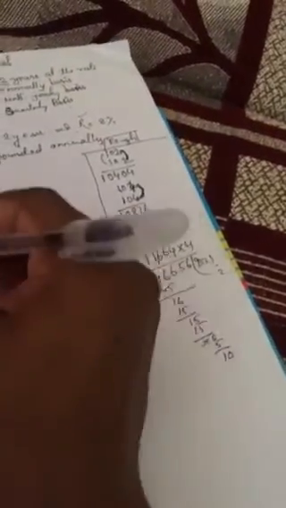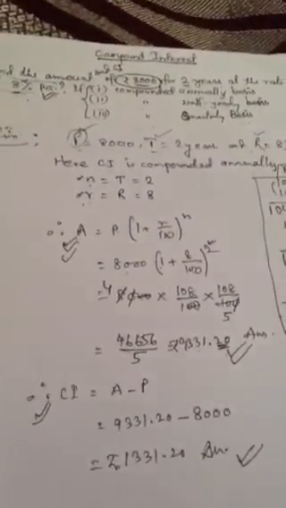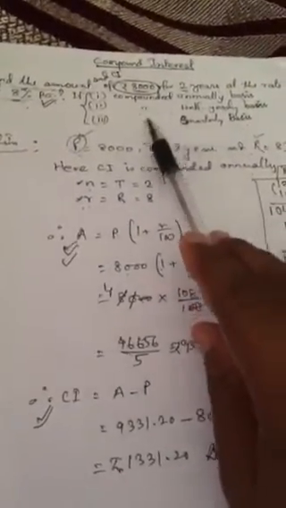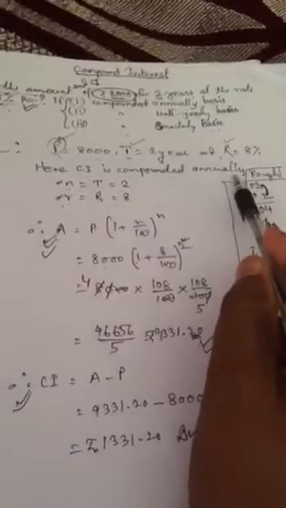Okay, now the same question you see here, same question. If you have to find the amount and CI, you have to find them using these two formulas only. But you have to keep one thing in mind: in the case of half yearly, like here CI is compounded annually,